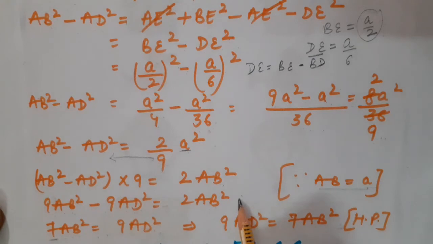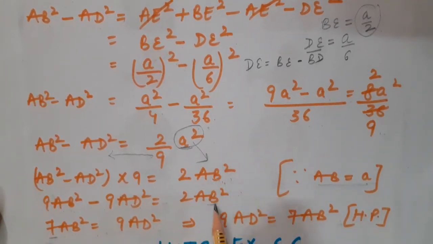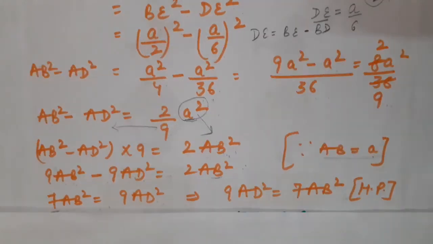As you know that ABC is an equilateral triangle, so this A square I have replaced by AB square. I could replace it by BC square also. I could replace it by CA square also. But why did I replace it by AB square? There is a reason also. Because I wanted 7 times of AB square. This I can get only if I replace this A by AB. Correct? So this twice of AB square is going on the left hand side. It would become 7 times of AB square is equal to 9 times of AD square. The same thing we wanted to prove.